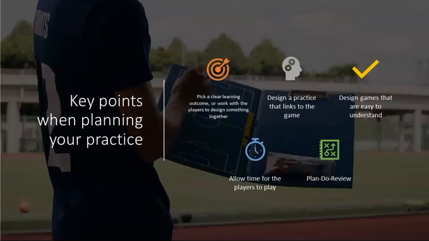So a really straightforward template to think about: what are the best bits of your practice, what worked, what could you change, what could be even better if you really thought about it and tweaked it, because there's never a perfect coaching session. So that's a great way to reflect, but there's other ways as well.